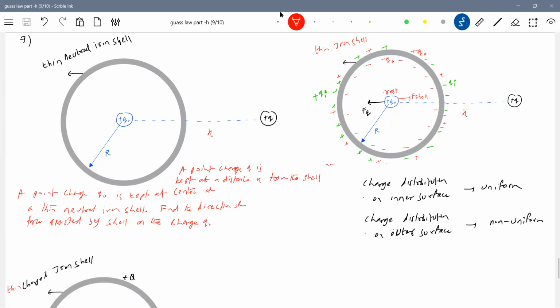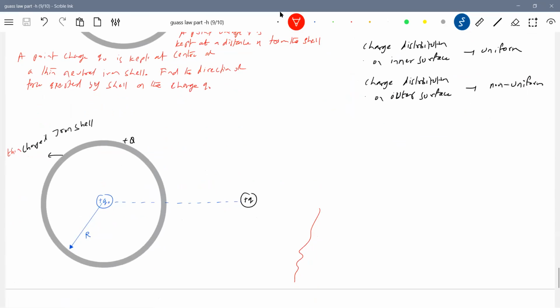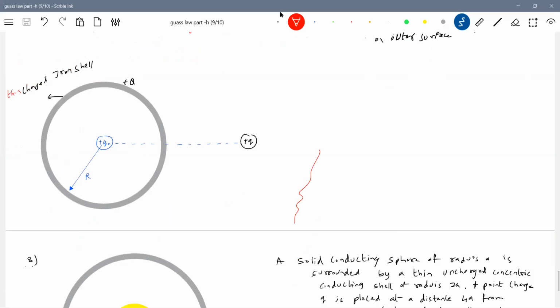Okay, I think we are ending with them. Same thing, already charge is given. Okay, no problem. Again, what you should do here: this plus Q charge is there, minus Q naught, plus Q naught here, minus Qi, plus Qi. Just work out the same idea. Okay, I have one more.